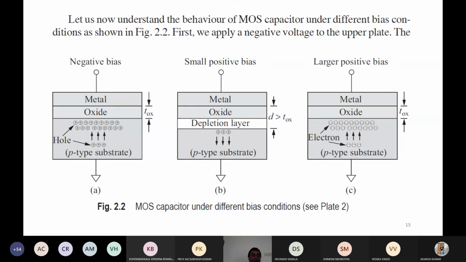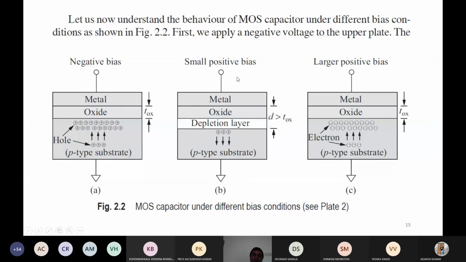So this is called the cutoff region, because unless the gate voltage is equal to the threshold voltage, the channel cannot be formed. Before that, the enhancement mode MOSFET is in cutoff mode, with no possibility of charge carrier flow from source to drain. So this is the accumulation part, and similarly here the source N plus and drain N plus are there.